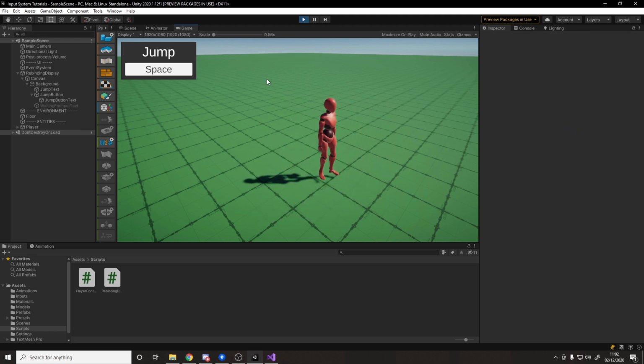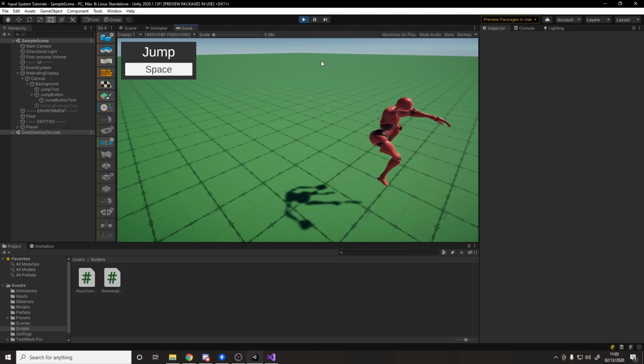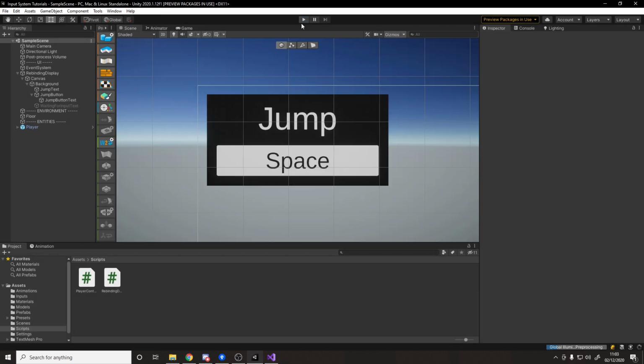One thing to note is that if you try rebinding to a key that is already bound, so if I try to bind to W now, it actually has a bit of an issue. If I hit W, it will now walk and it will do the jump. So we'll be addressing that in a future video, how to handle two things being bound to the same key. But for now, we'll skip over it because it'll just make this video far too long.